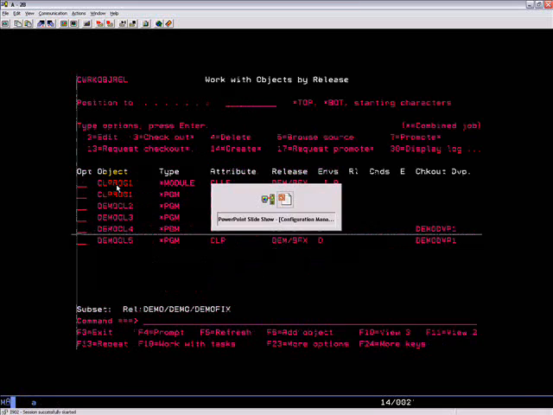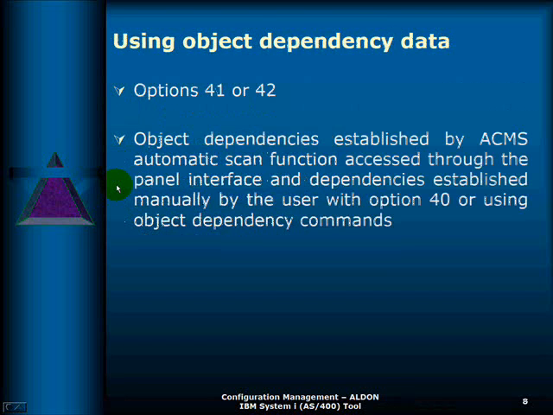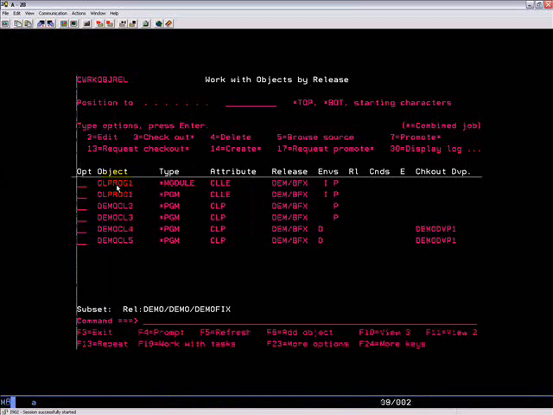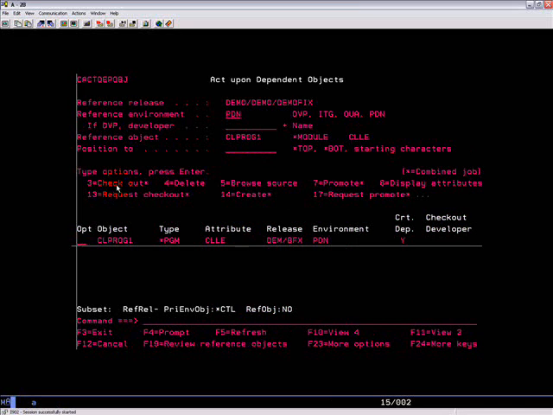Using object dependency data. You can use options 41 or 42 to display a list of objects dependent on reference objects selected and act upon those dependent objects in the list using available options. For example, if I take this module, I take 41, it will show me there is one object dependent on this. And this panel